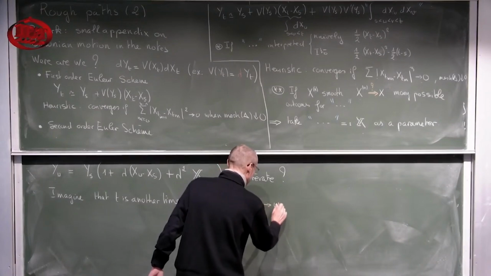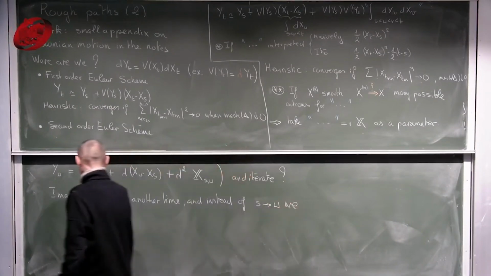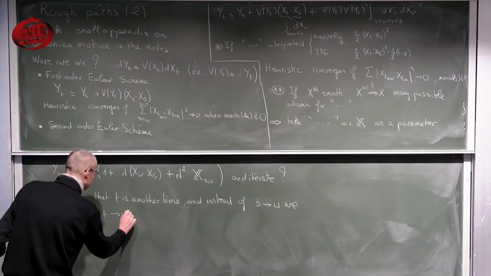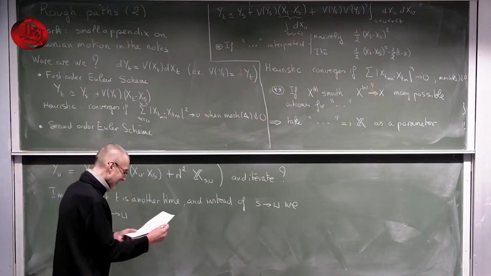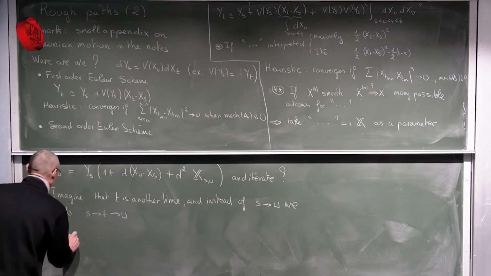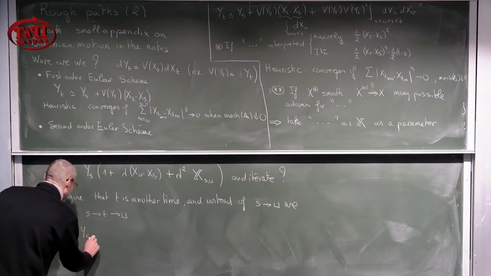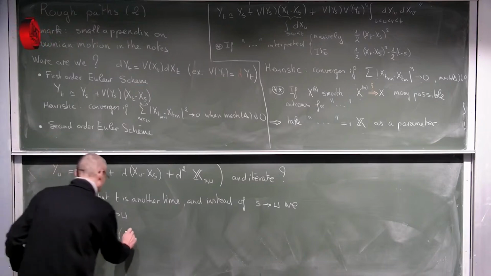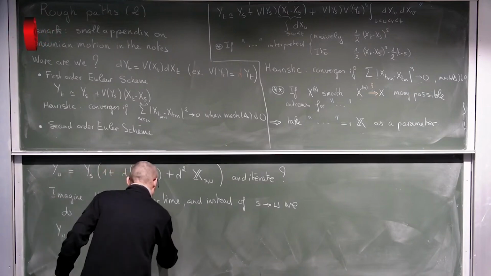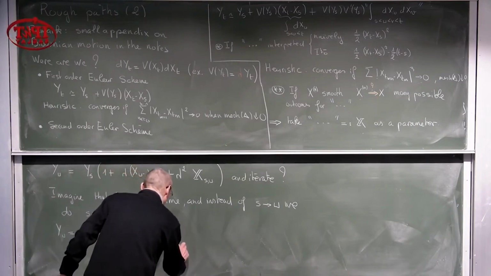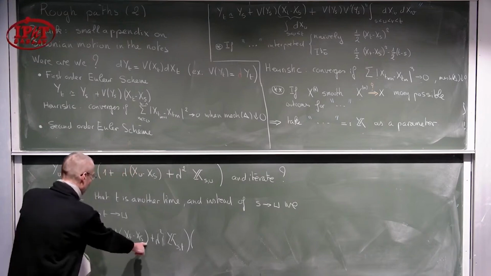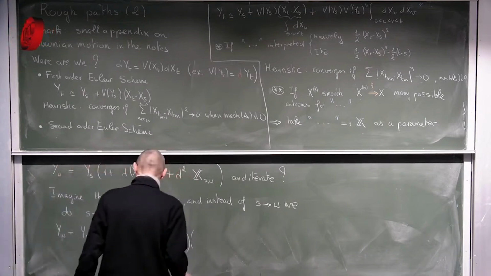So if we start going from time s to time u, we do s to t to u. So we apply this formula twice, and we compare. What we would say then is that y_u should be something like y_s (1 + λ(x_t − x_s) + λ² blackboard X between s and t), and then we transport to go to time t. So this is essentially y_t, and then we transport y_t up to time u, and then we get 1 +